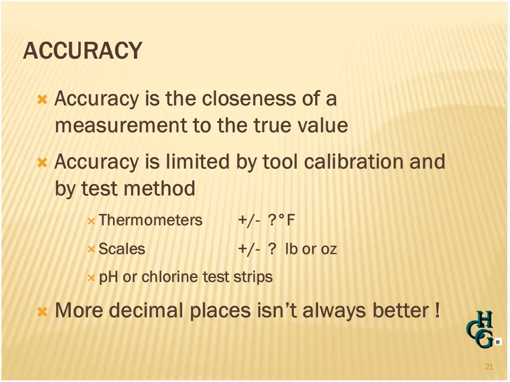Or if you're measuring something with test strips that are color-coded or color-based, those results are almost always in terms of a range. So you can't measure with a lot of specificity using test strips. When you're aware of the accuracy of the equipment, keep in mind recording more decimal places is not always better. I've seen employees write down as many decimal places as they can see on a digital readout because they think they're doing a good job. And in the end, they're working harder than they need to because they're collecting data that doesn't have value.